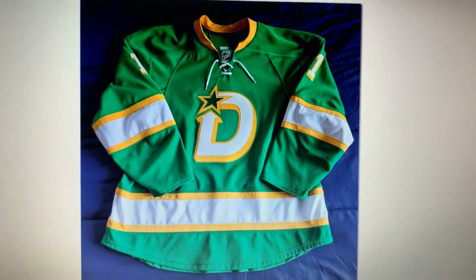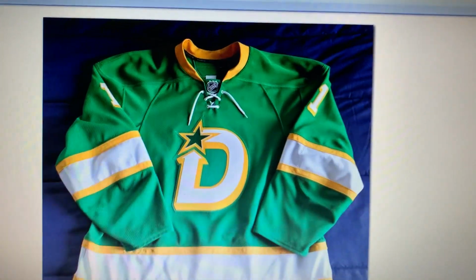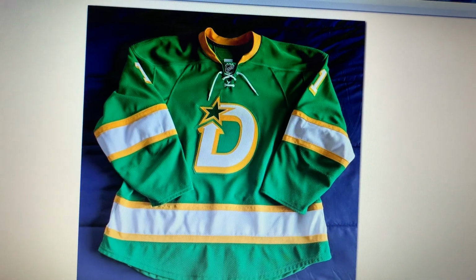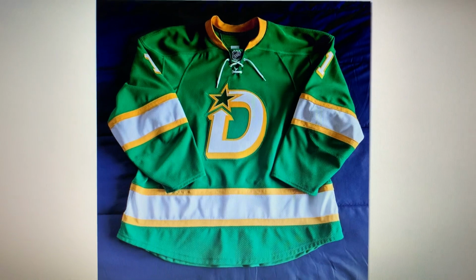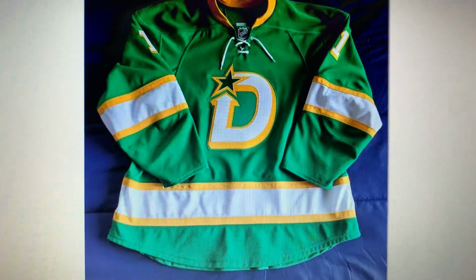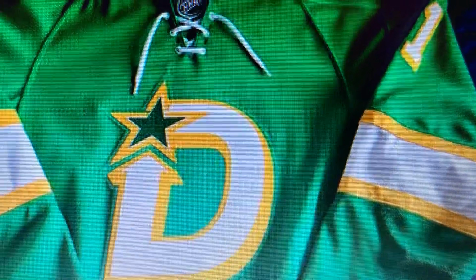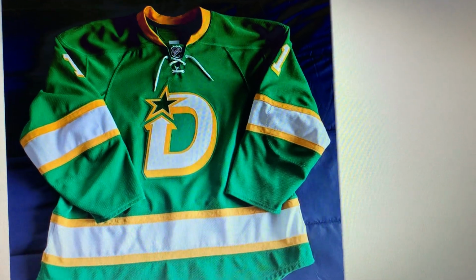But yeah, with this uniform, I think this would have frustrated and angered too many people. You know, if you are a North Stars fan and you saw the Stars wearing this, it would have been salt to the wound. For me, I think this is a beautiful jersey. Even the logo, it's not as good as the N-Star, but in my opinion, it is a nice logo. The creativity of using the Dallas Stars star on there is a very nice touch. The colors are great. Doing a blended throwback,